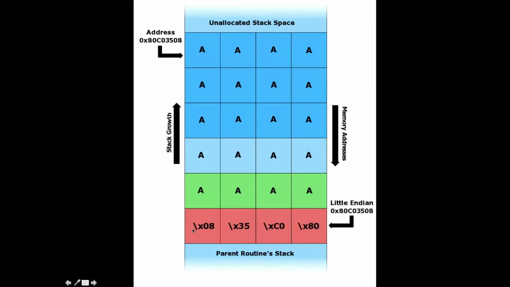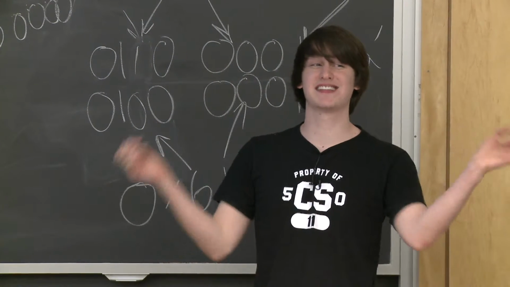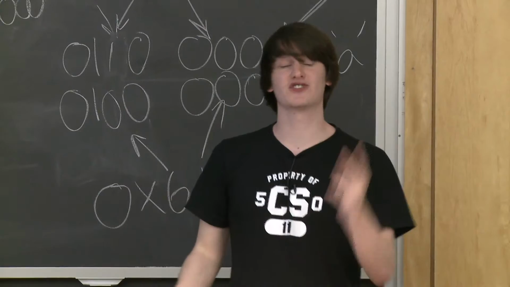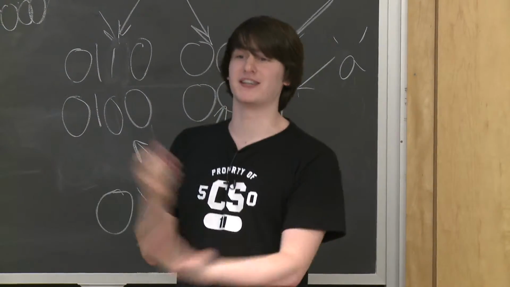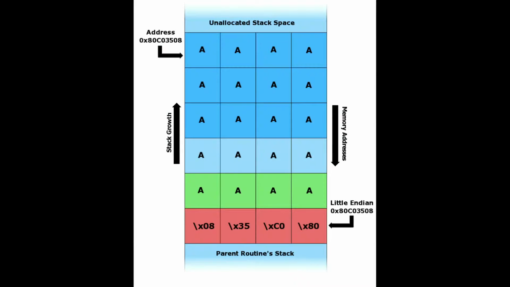Remember that hexadecimal digits? We don't reverse the hexadecimal digits in Little Endian because 2 hexadecimal digits make up a single byte, and we reverse the bytes. So that's why we don't store 80530C08. We store instead each pair of 2 digits starting from the right. So that address refers to the address of the start of our buffer that we actually wanted to copy into